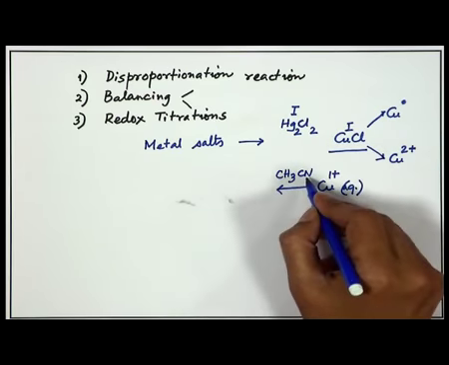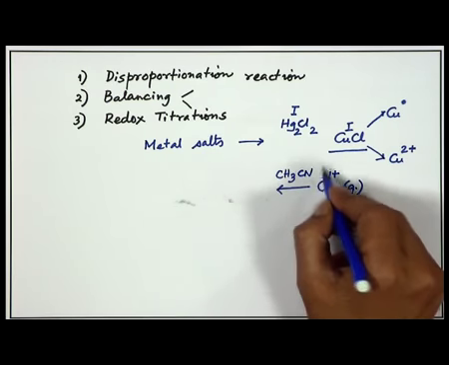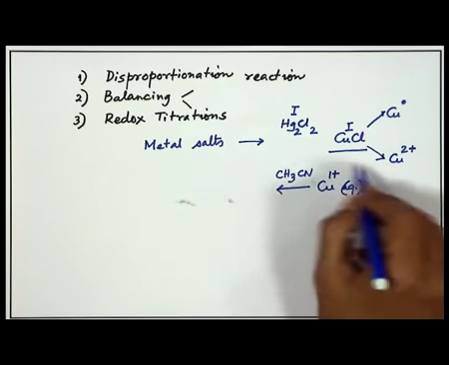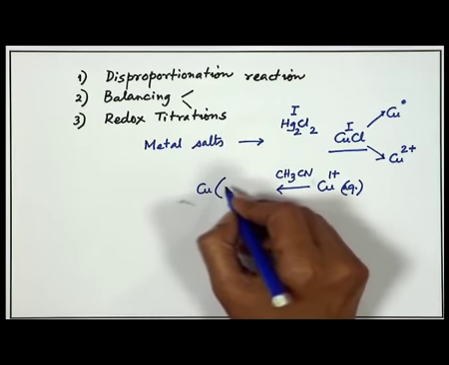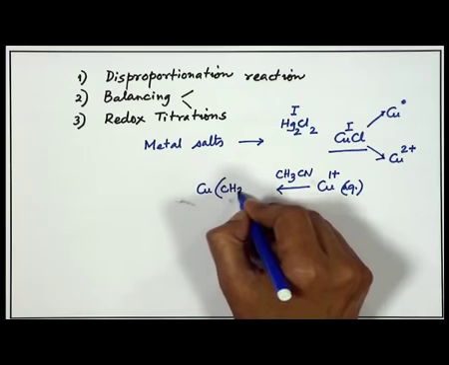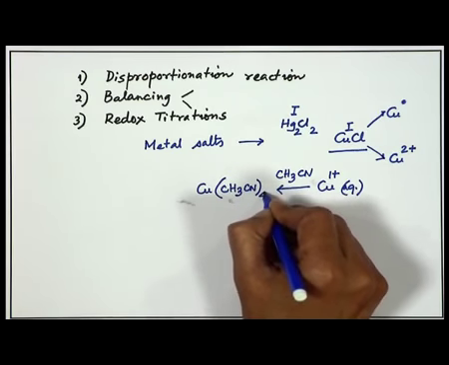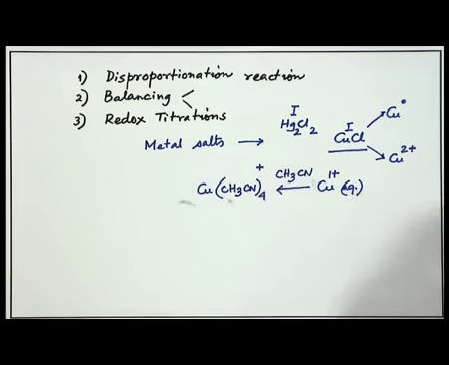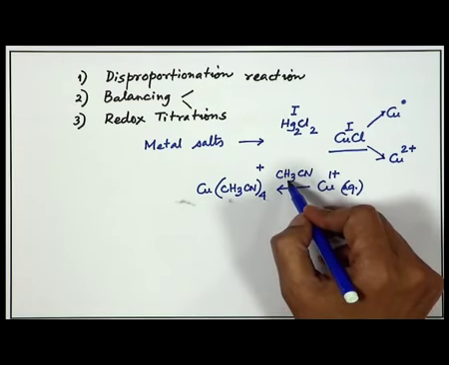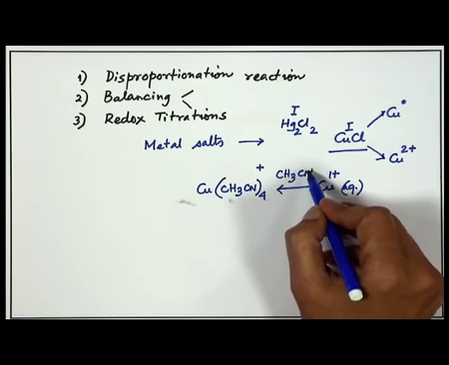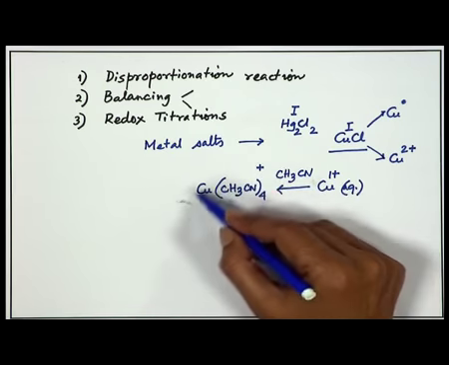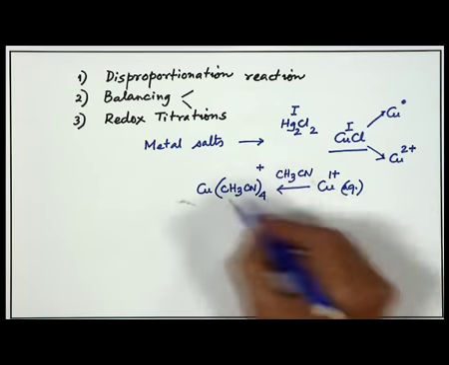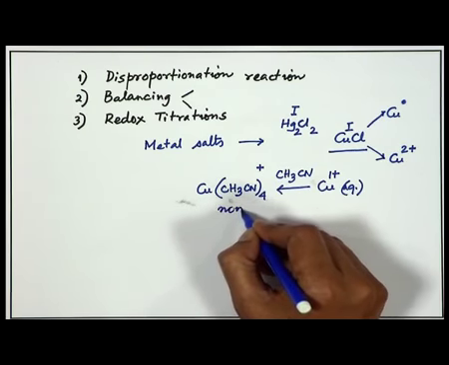Like CH3OH, we know CH3OH is methanol. So, in acetonitrile medium, this particular ion can be stabilized by forming a complex species, which is [Cu(CH3CN)4]+. So, 4 such solvent molecules with nitrogen lone pairs form coordinate bonds to the copper center, stabilizing this particular species. So, in non-aqueous medium,